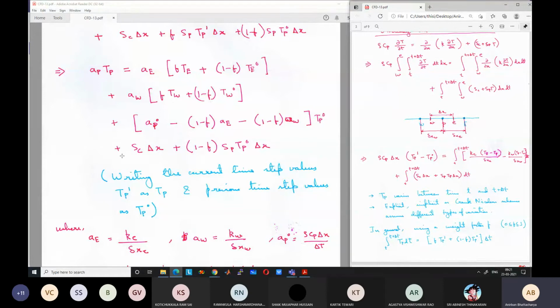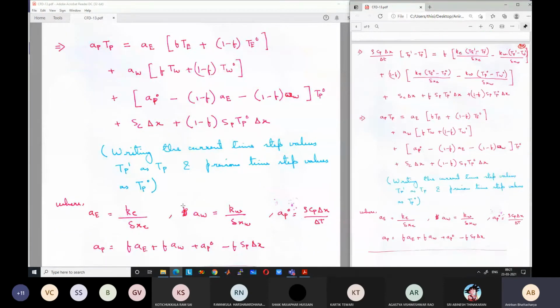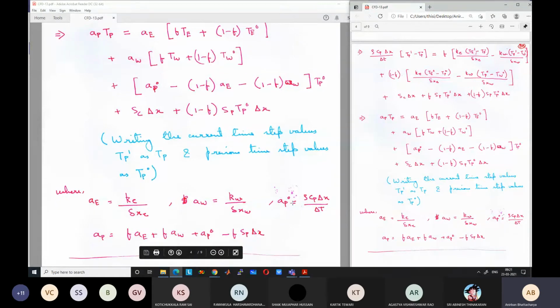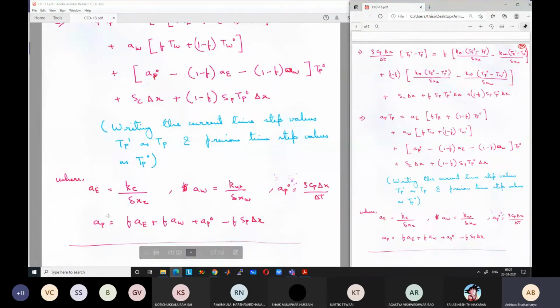AW is KW by delta XW. AP0, I have already told, is rho Cp into delta X by delta T. And AP is F into A plus F into AW plus AP0 minus F SP delta X. Okay. So F into A because of